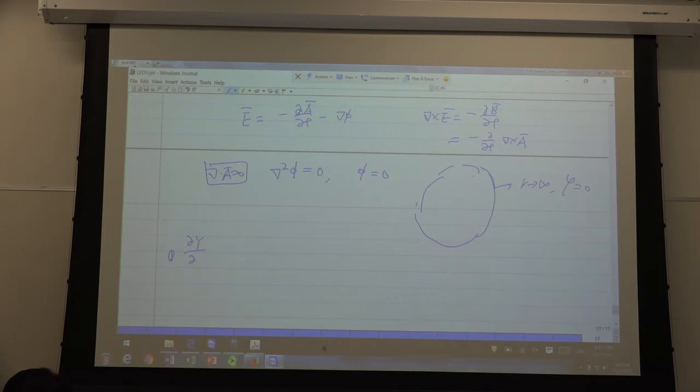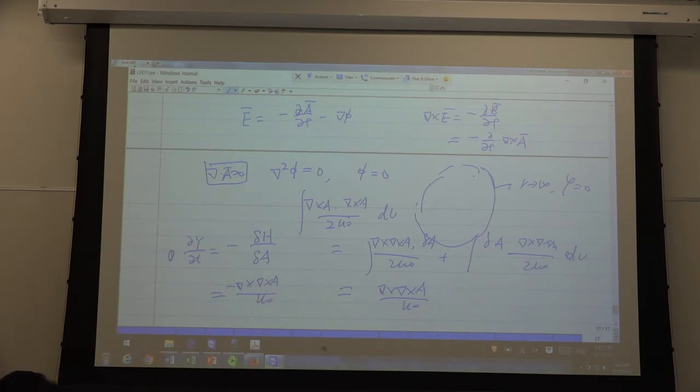Partial A over partial t equals minus partial H over partial A. This is gradient A dot gradient A over 2 epsilon. Use integration by parts. I can do this: curl A, gradient A over 2 mu 0, then plus A curl A over 2 mu 0. This is delta A dV. So pull them together, just curl A over mu 0.